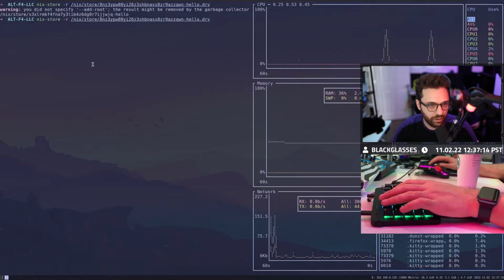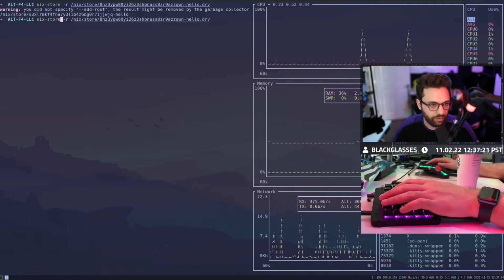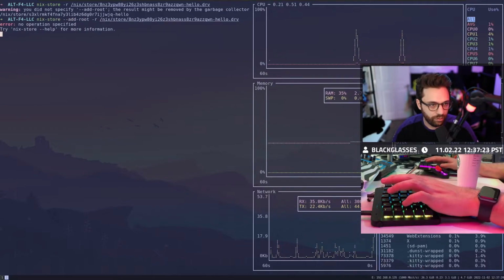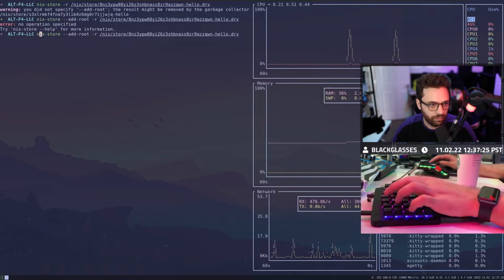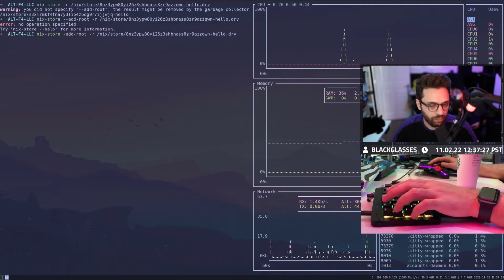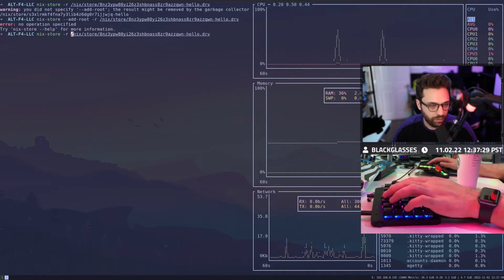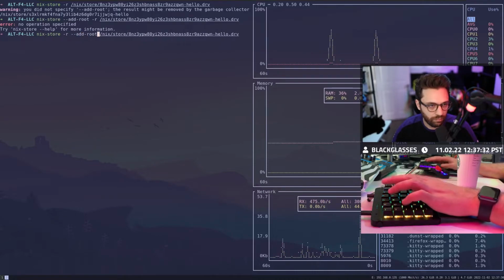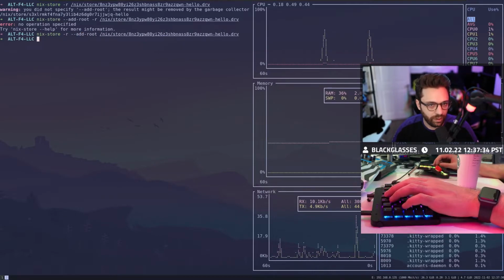Oh, it's got to be there. Add root might be removed by the garbage collector. Did you specify add root? Weird.